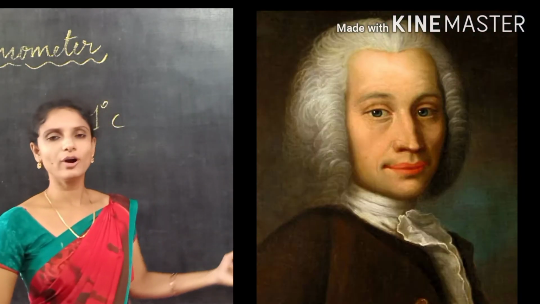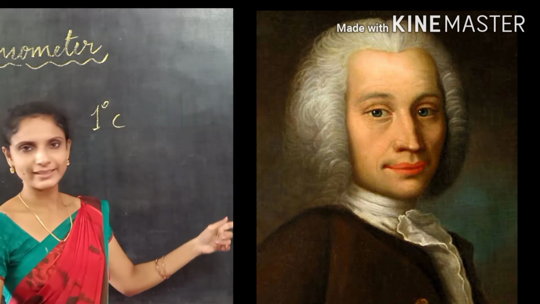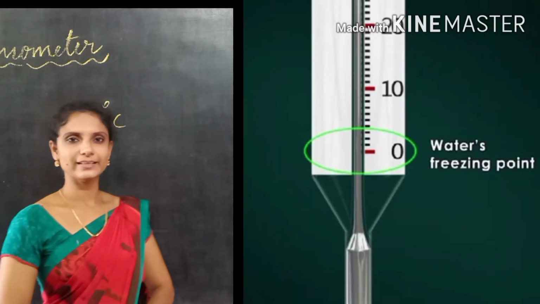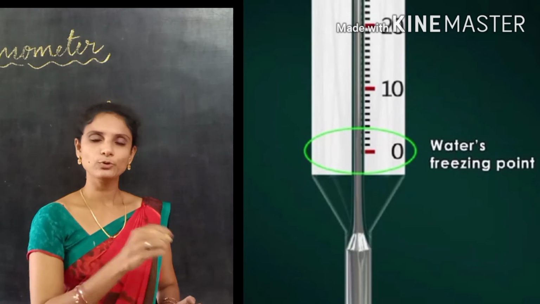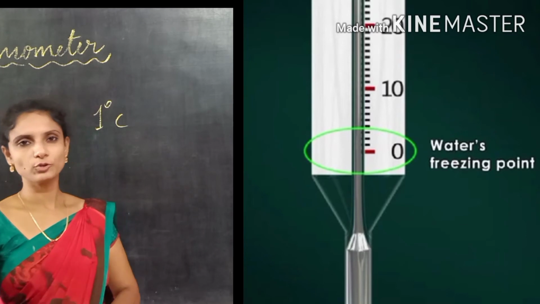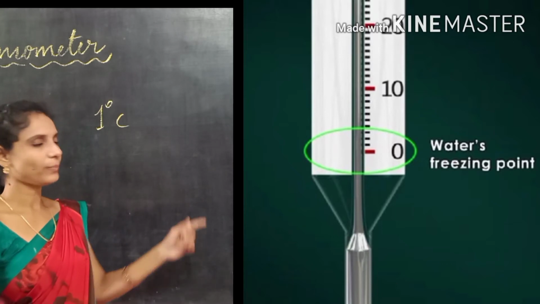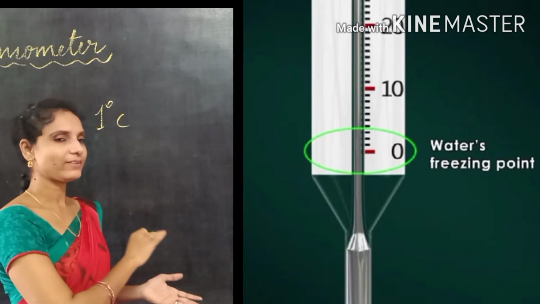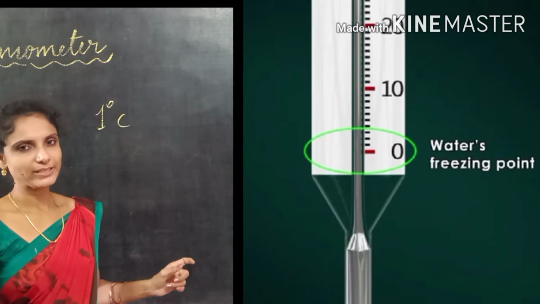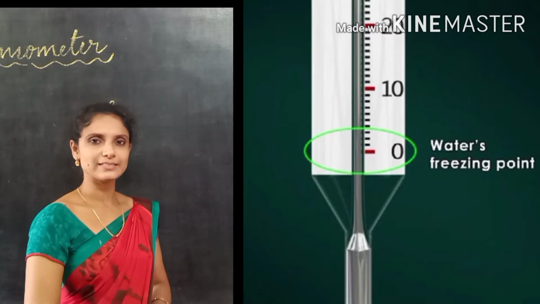It got its name after the scientist Anders Celsius, who developed that thermometer. To observe 0 degrees Celsius, take a beaker and put some ice in it, then immerse the thermometer into that and observe for 2 minutes. Later the ice starts to melt. If you mark that level, the mercury level stays constant, there is no increase in the mercury level. The mercury level stops at 0 degrees Celsius.